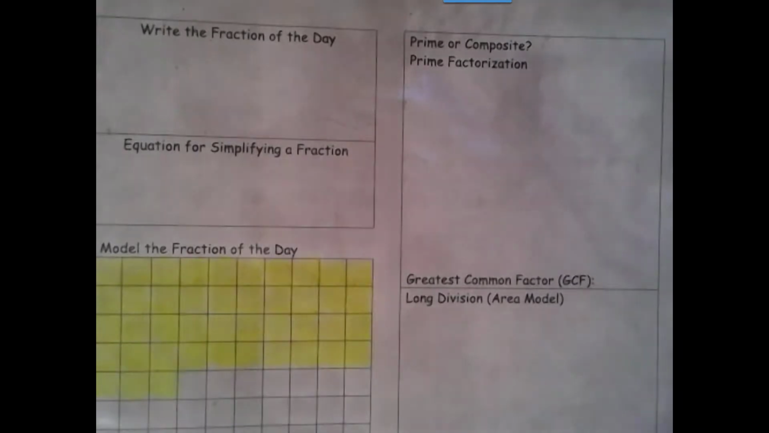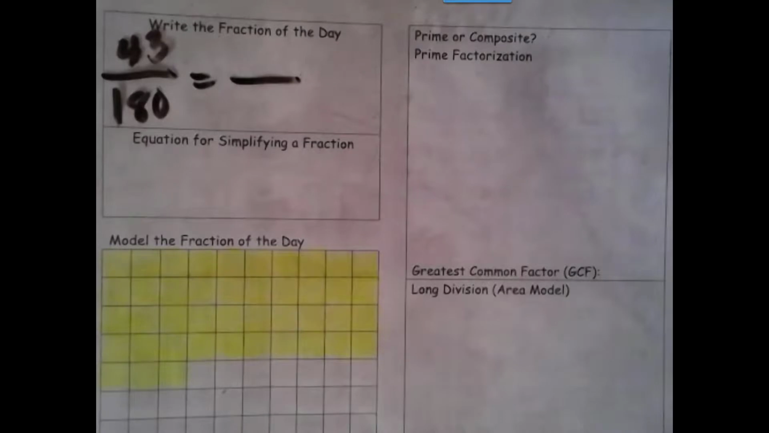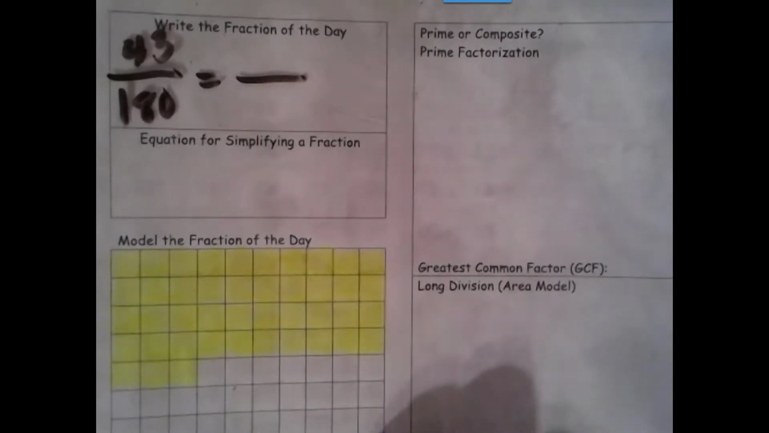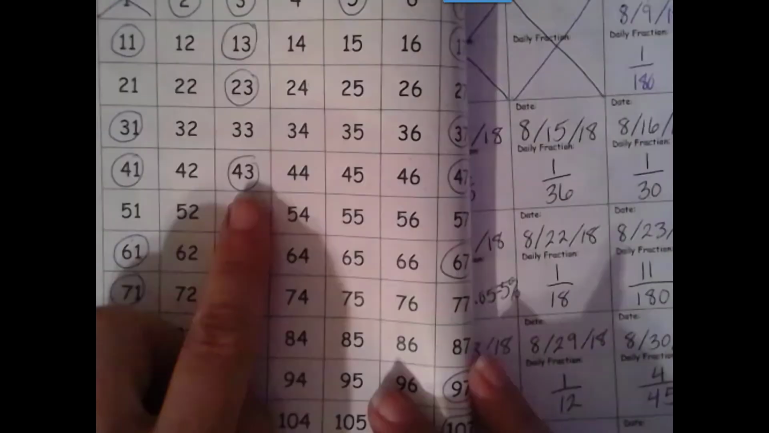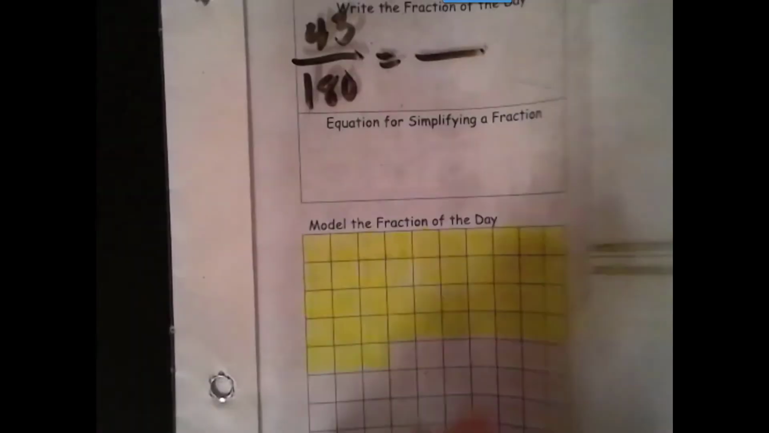All right. Let's get down our beginning fraction. So we have a total of 180 school days. We're on day 43. We need to see if that numerator 43 is prime or composite. It's not even, so I'm going to check on my prime number sieve. And 43 is prime. Since it's prime,